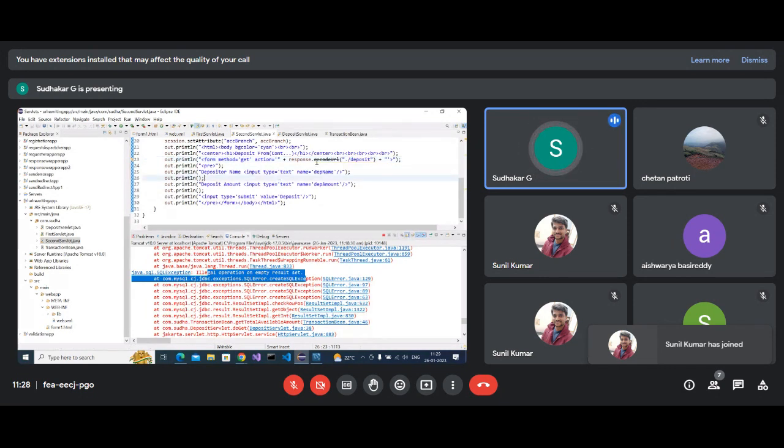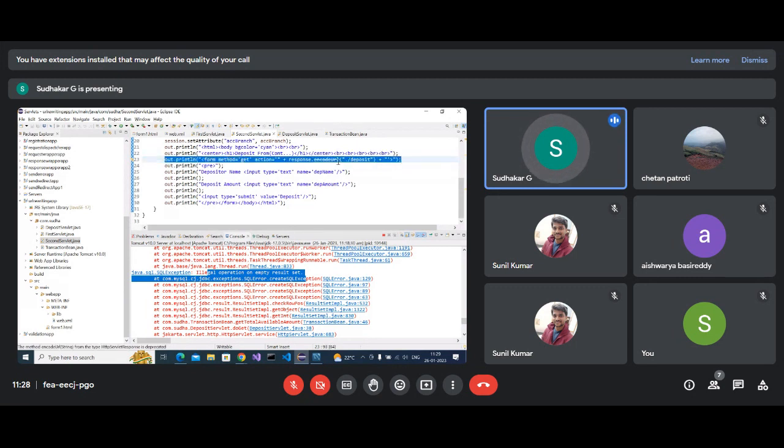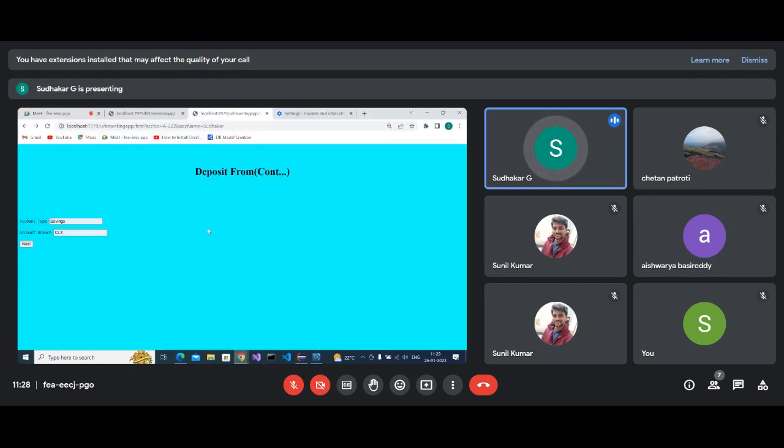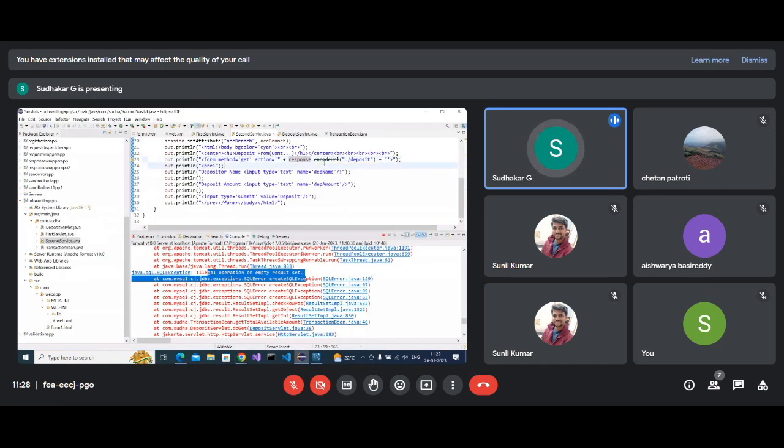See here, internally you are using this form method get action, right? Internally, the form contains one session ID. The session ID is nothing but what is generated when you are generating the form. This is the second form, right? The form is containing one session ID. For this, we must execute the encodeURL method. See here, the encodeURL method you are using, so that when you are using the URL rewriting session tracking mechanism it should